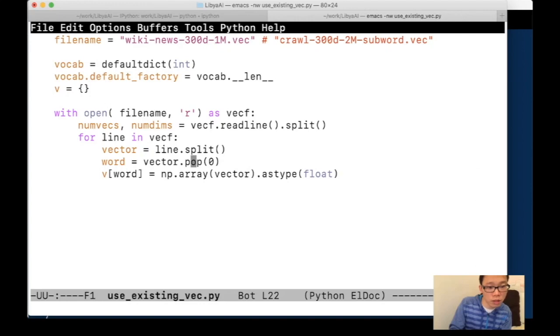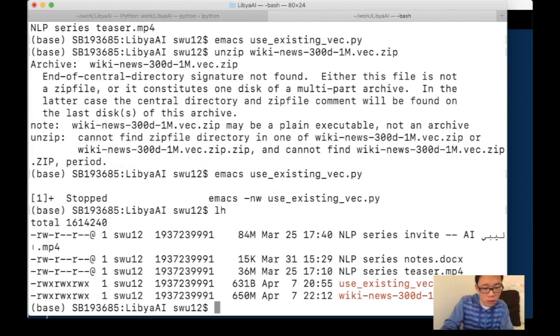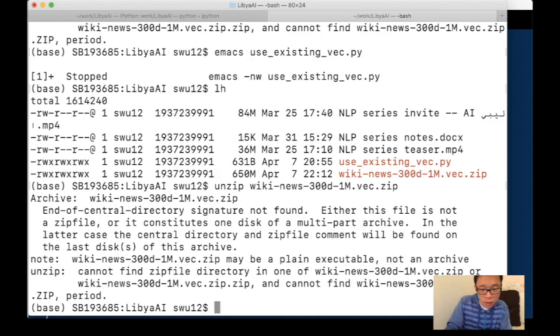Let's just run this. This is not present. Maybe I need to unzip it. Yeah, I need to unzip this. Might take a little time. And, bummer, not an archive. Oh, I did not get this ready. I'm going to cut this part out, and I'll come back.